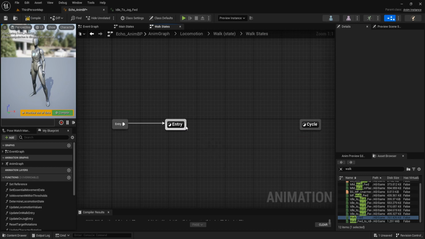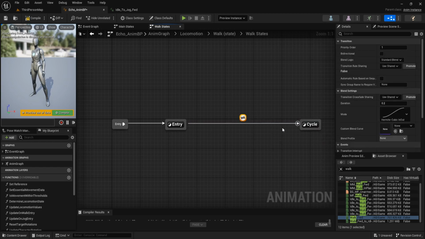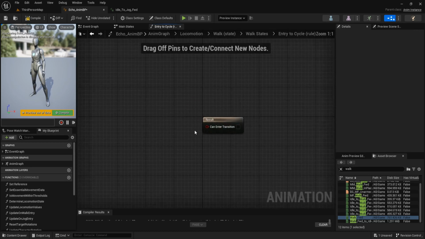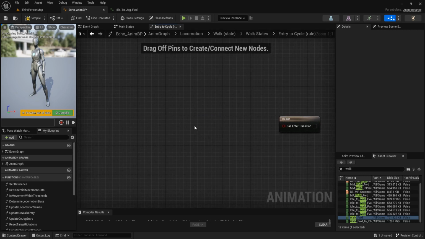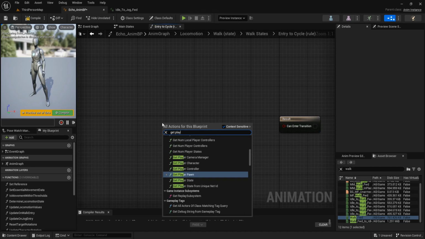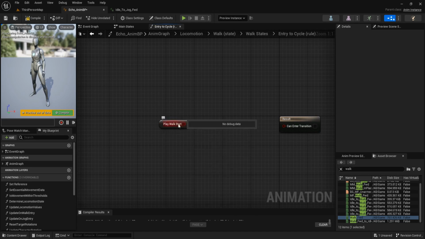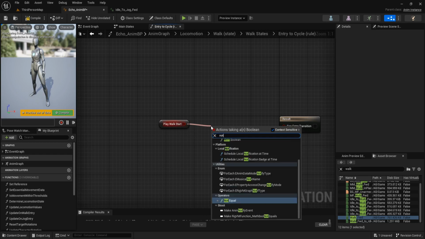Then transition it from int3 to cycle. Click on this transition and set the duration to 0.2. Double click on it. Get play walk start and call not boolean.